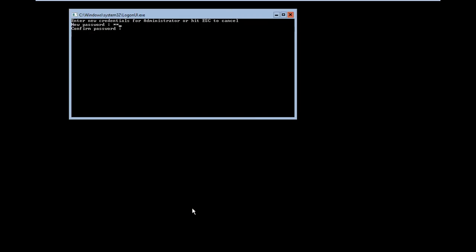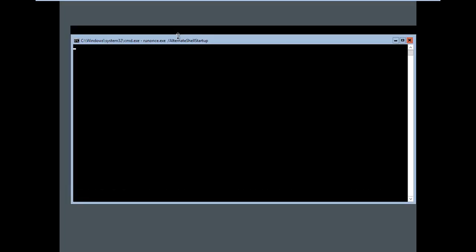The new password I'll put is 123@IIST, enter. Then 123@IIST again, use the arrow key to come down and press enter. The password has been changed, click OK.